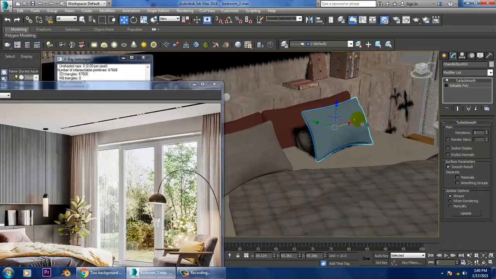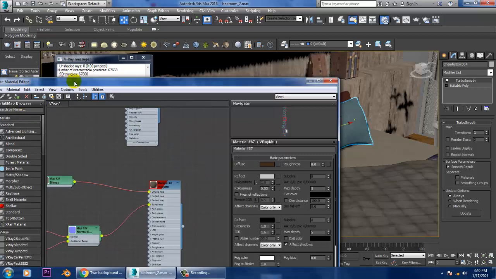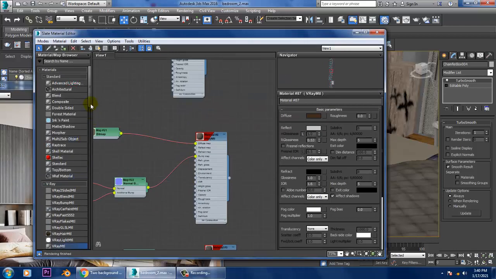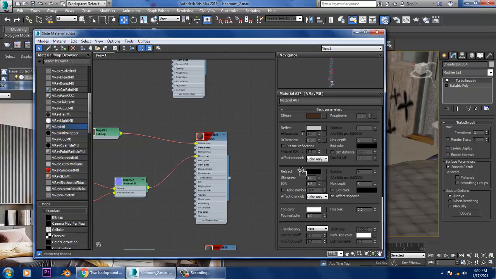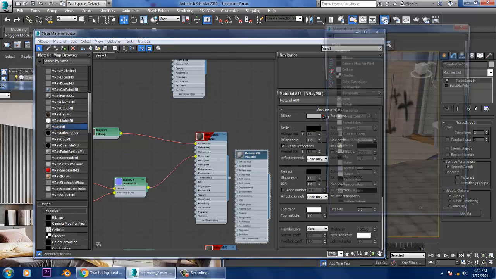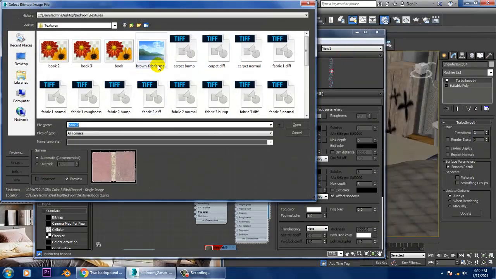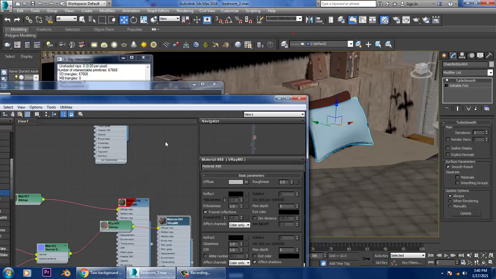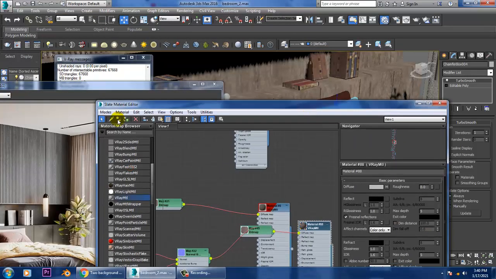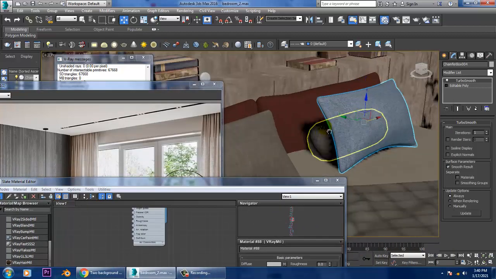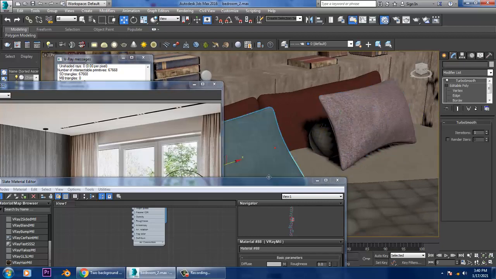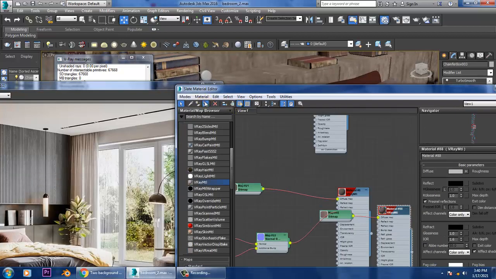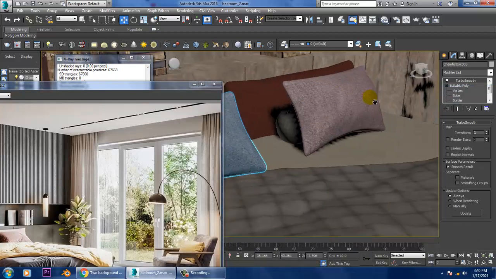Select this. Let's take a V-Ray material, bitmap. Let's assign this. I think this looks much better. Much better.